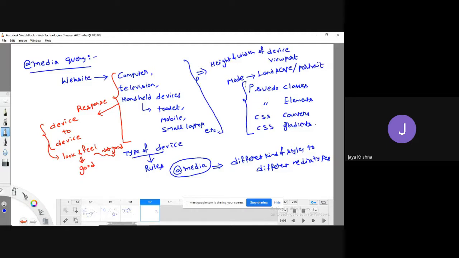So depending upon the type of mode also, we need to make our website look and feel better. In that situation, we'll go for @media query. So how to use this media query? Let me explain that.